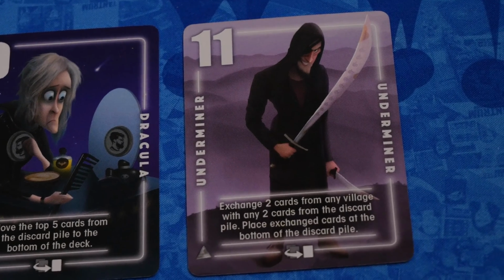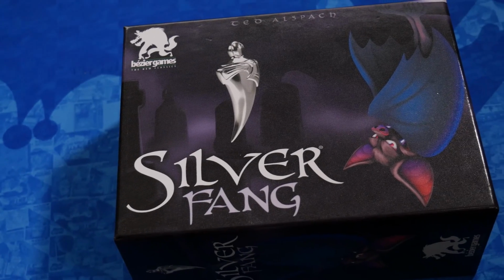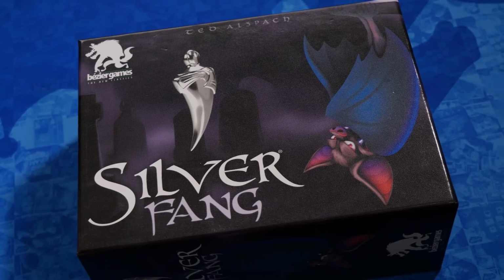And those exchange cards will go to the bottom. So there's a lot of interacting with the discard pile and kind of seeing things and predicting things with Silver Eye. So now we've come to the final game in this series, Silver Fang, and this also is a brand